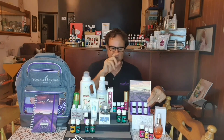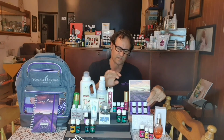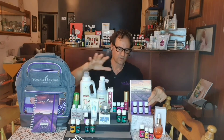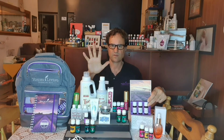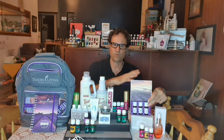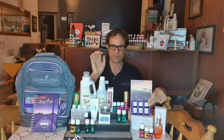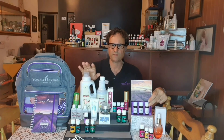Look how much stuff she got for free. Jasmine oil is not a cheap oil, and nor is the Sheer Loom, and also the serum. They're reasonably expensive products, so being able to get them for free is fantastic. And all these products here are what my wife and I have gotten over the past couple of months for free, simply by switching from those toxic shop-bought products. It's easy to find out how toxic the ingredients are, and switch to a much healthier alternative that is natural and